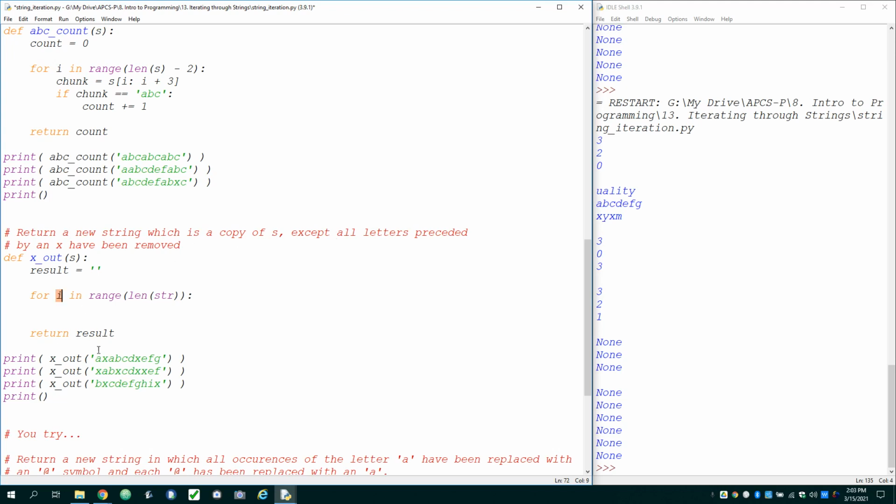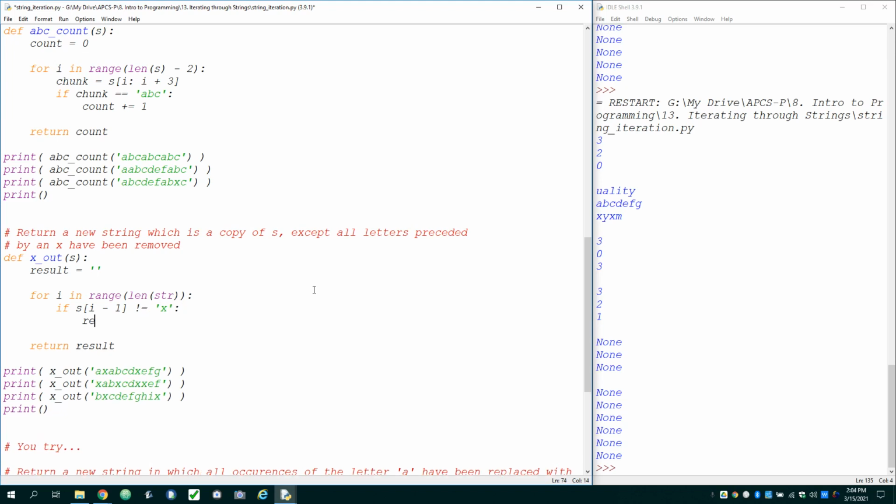So i is going to go from 0 to the length of the string, which means the character before would be if s[i-1] is equal to an x, or I'll say actually if it's not equal to an x,